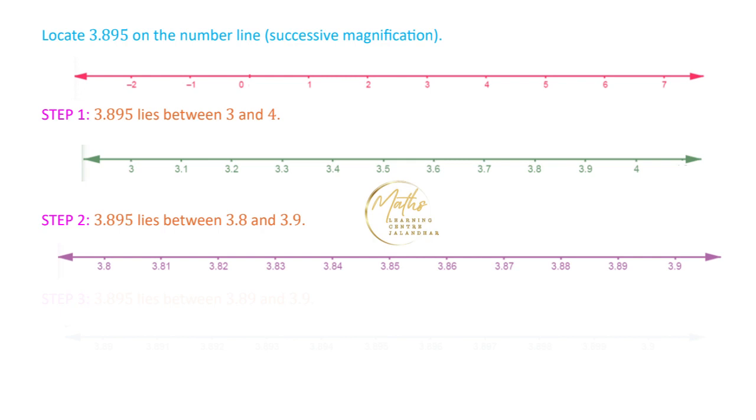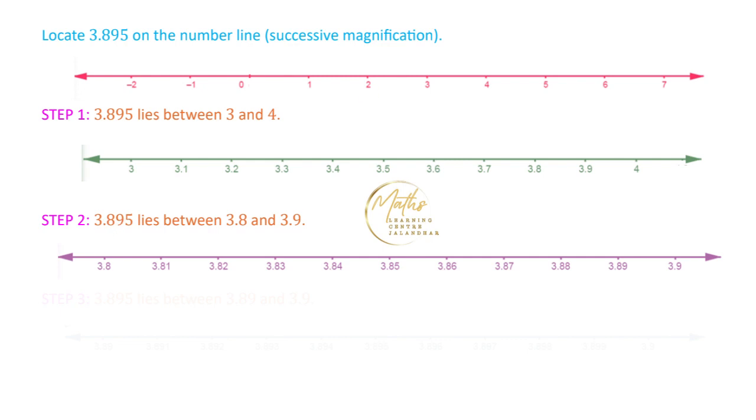This is the point 3.8 we have, and this is 3.9, because we want to divide this portion in 10 parts. So we have magnified this portion and divided it in 10 parts. Now look at this number 3.895. This is the number 3.89. We have moved the distance 3 units, then we have to move the distance